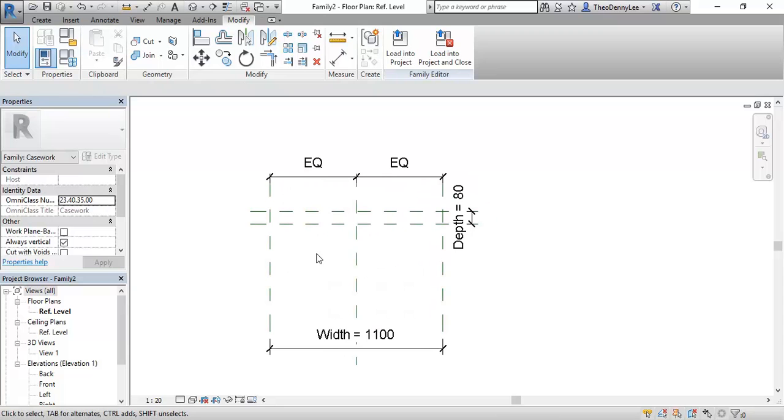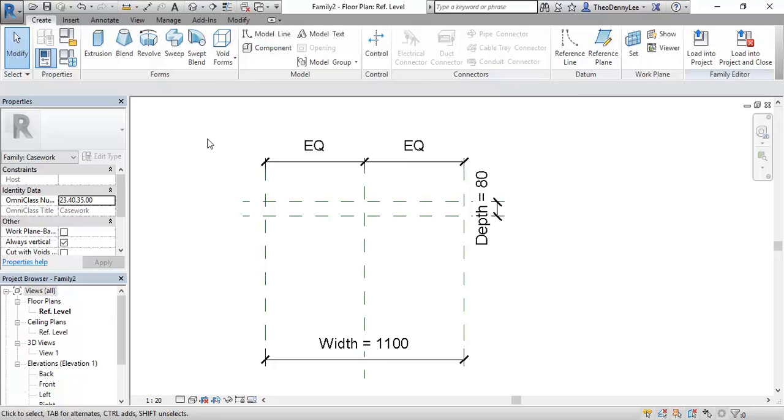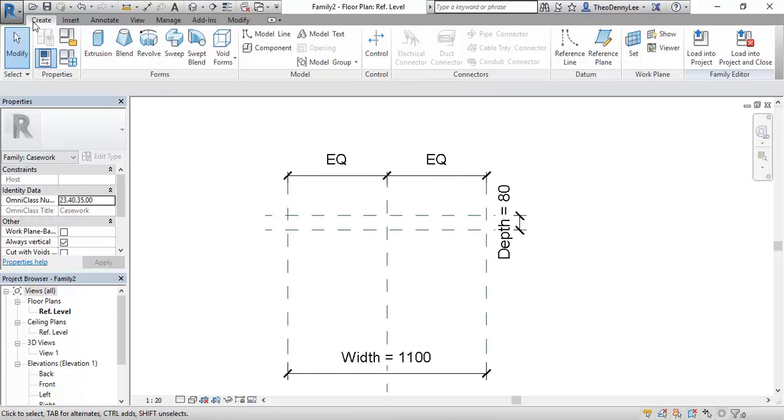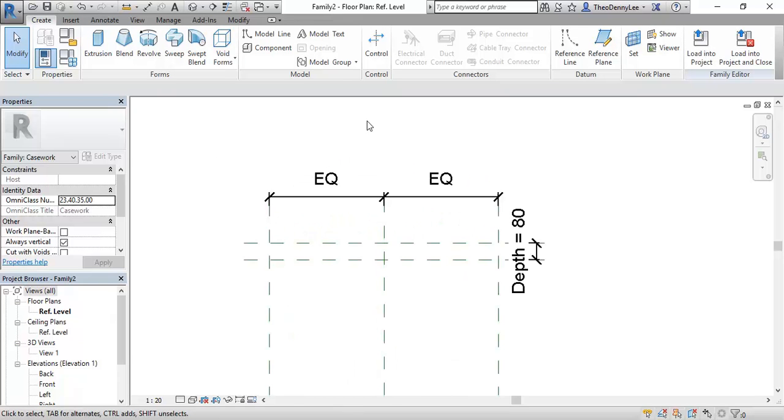So the next one's a bit easier because you can see it's got a pretty similar setup. I've just made, again, this is a new file, made the same way, depth 80, and then I've made the width here 1100. New family, so new file. So now I can finally start doing some modelling,